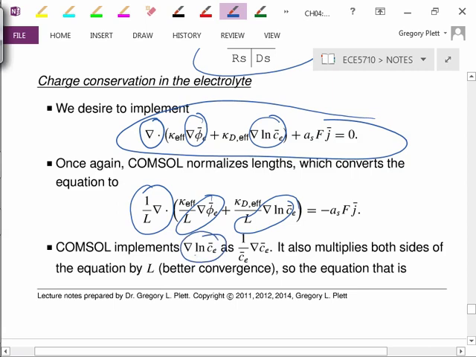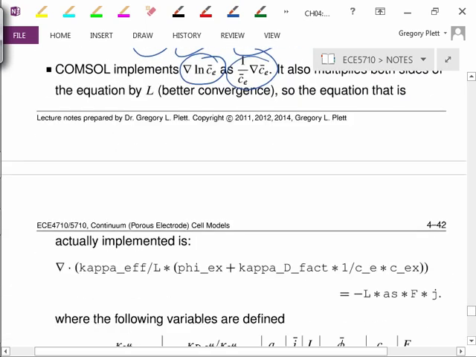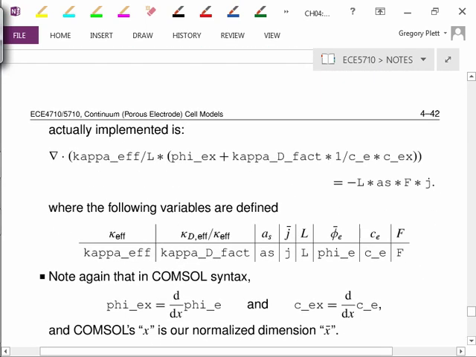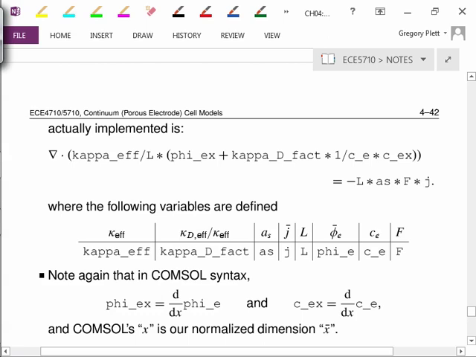We can write this as gradient, or partial, of log CE with respect to x equals 1 over CE times partial of CE itself with respect to x. And that's how we actually enter it into COMSOL when we implement it. Again, we multiply both sides by L for better convergence. So the equation that we end up implementing is the divergence of kappa effective over L times the gradient of phi e, the derivative with respect to x, plus a kappa d factor,